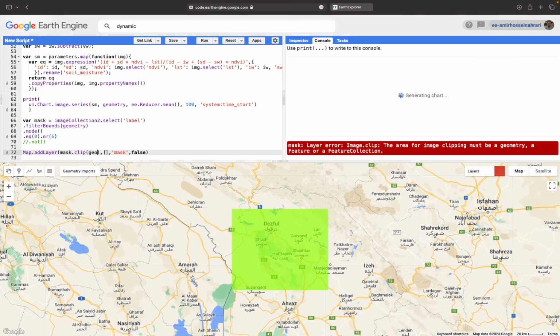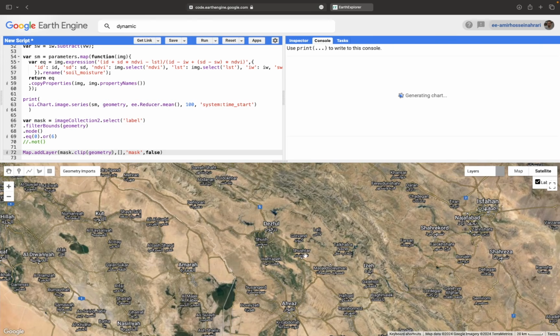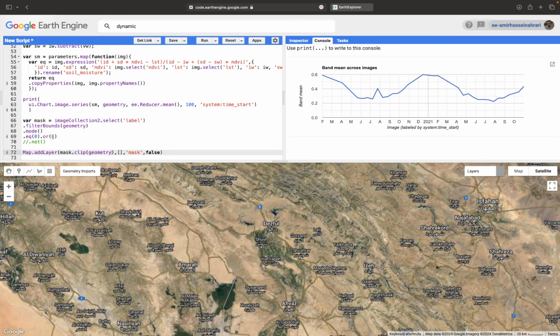For example, when I'm selecting pixels with value 0 and number 6, you will see the produced mask, clipped based on the geometry. You will see that the mask layer that is created has two values. It is a binary image that shows number 1 for the urban areas and also for the water bodies. I'm waiting for the results. Yes, it is loading now, under the visualization process. It is a binary image. All the pixels